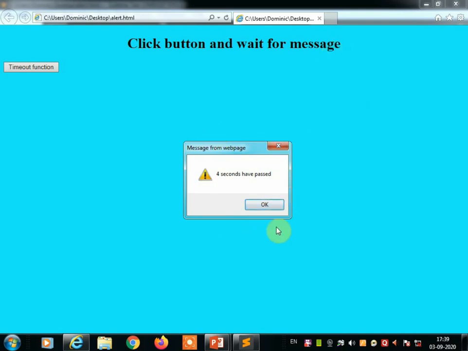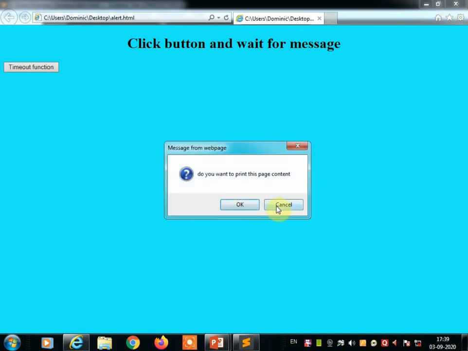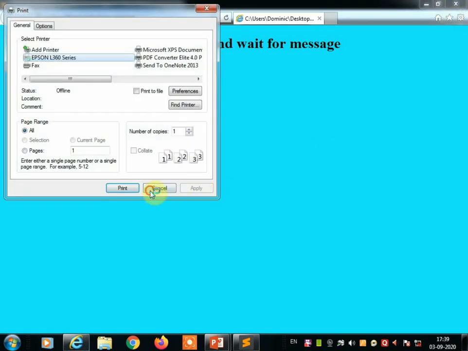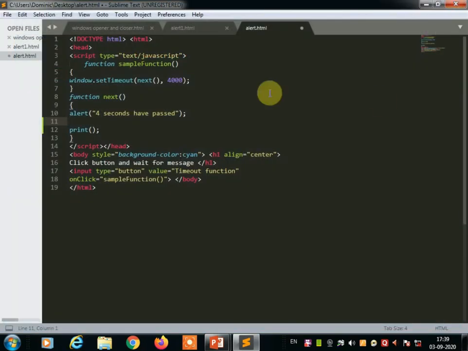If you want to display OK and Cancel, then you have to close this window and make some changes in the program.